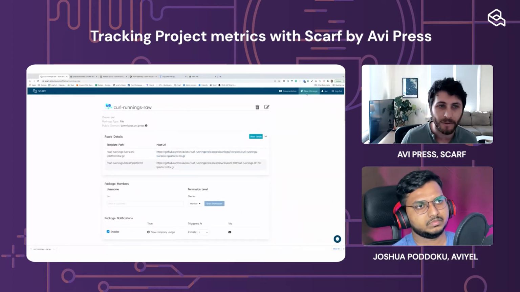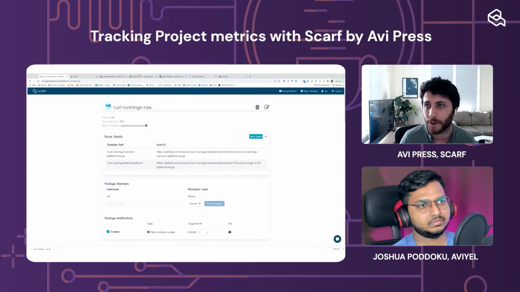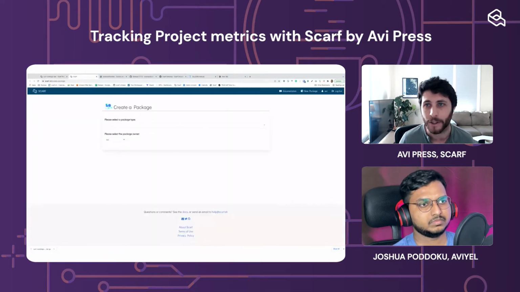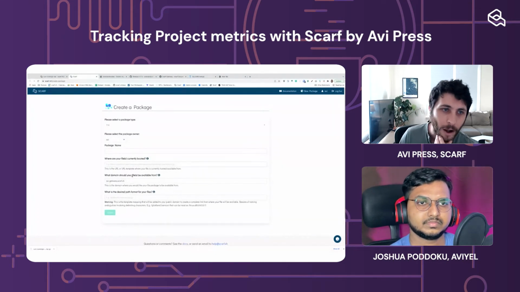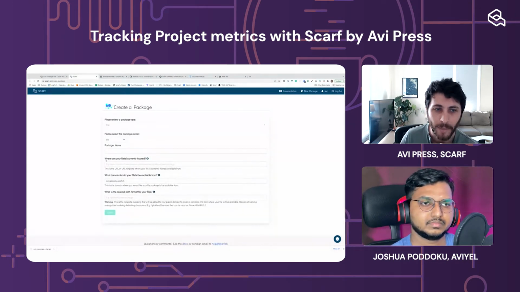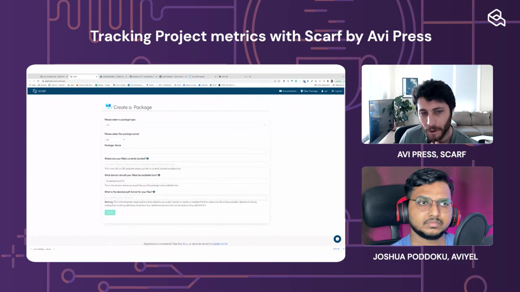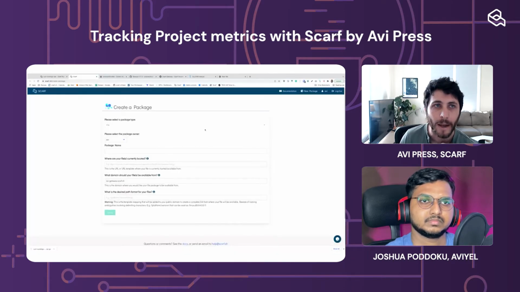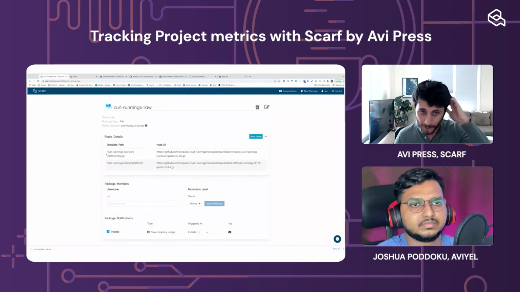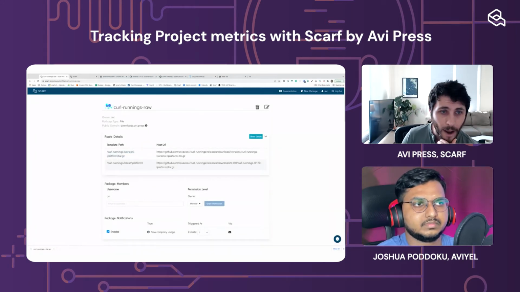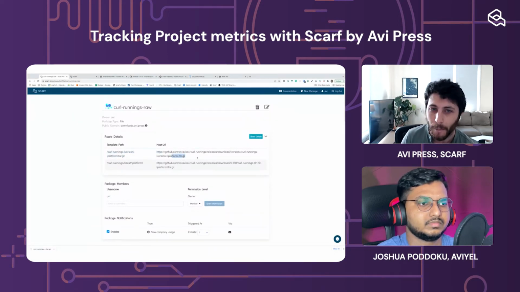And so what we've done, really quickly, is I would create this package as a file package on Scarf Gateway with a package name. And we have the notion of incoming URLs and outgoing URLs. So incoming into Scarf and outgoing to your actual registry. Here we have one incoming URL, which is for curl runnings at a specific version and a specific platform, which then will map to this fully expanded URL.